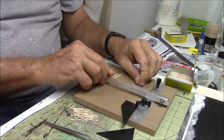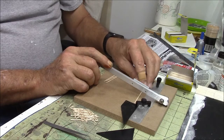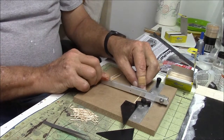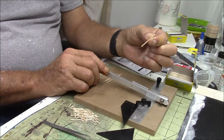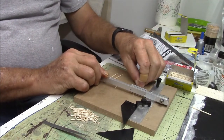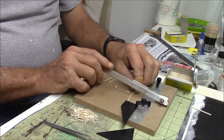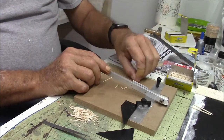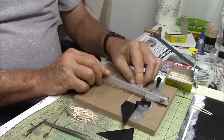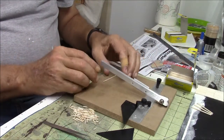So what I'm doing is I'm cutting off the one end, and then I just run the toothpick up, and I've got this set at the length that I need. Cut it again, and then that's the length that I need for on the deck here. So I'll show you that again just real quick. Just cut the end off, run it up to that, and that's the length that you need. So that's all there is to that, and it's very repetitive, and like I said, it's gonna